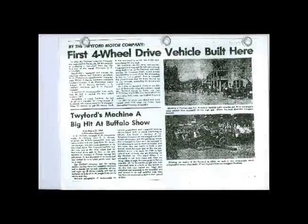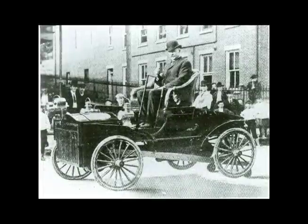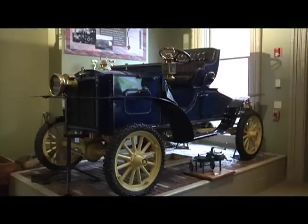The Twyford Motor Car Company operated from 1905 to 1907 and produced the world's first four-wheel drive automobile. The factory was located on the south side of the Tromont and Penzie railroad tracks at the end of 6th Street in Brookville. The few years that the company was in operation, it is said that they only produced 5 vehicles. The car you are viewing now is a replica of the original Twyford car and was built by Bill